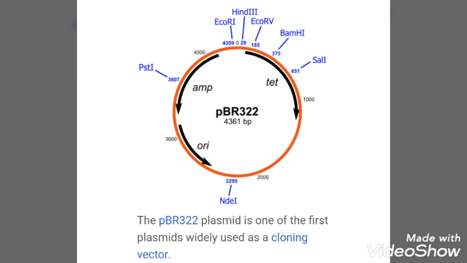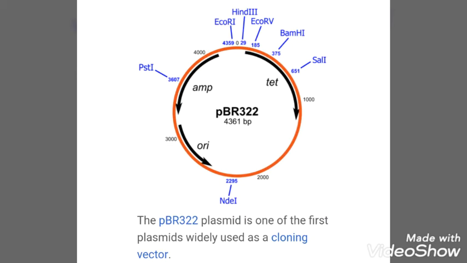A natural plasmid is one which is already present naturally in the bacteria. No one asks that name. For example, Escherichia coli bacteria consists of a natural plasmid. The artificial plasmid names have importance: pBR322 and pUC101, plasmid University of California 101. These are two artificial plasmids, and you have to draw this diagram also.